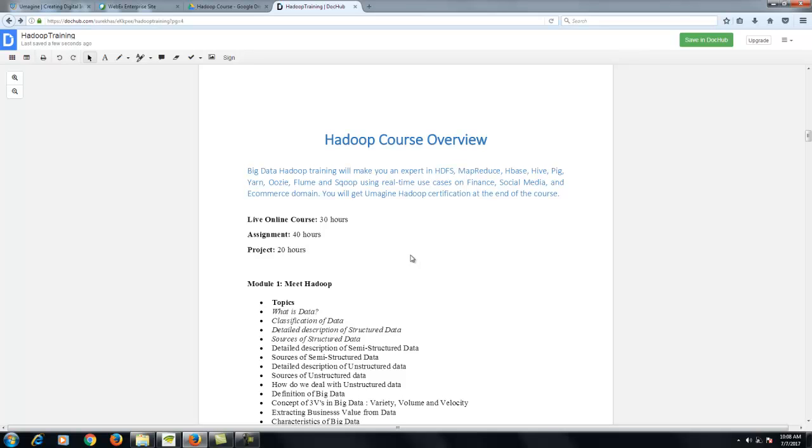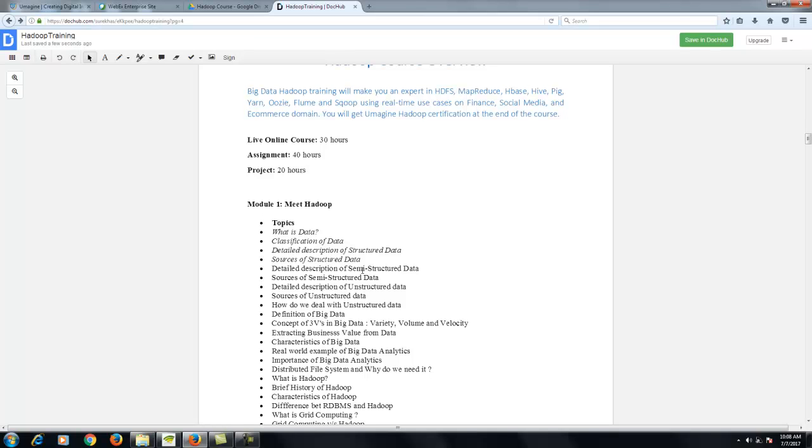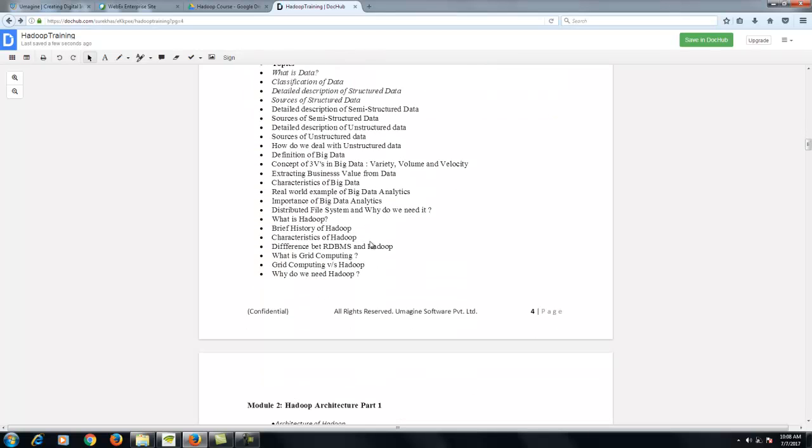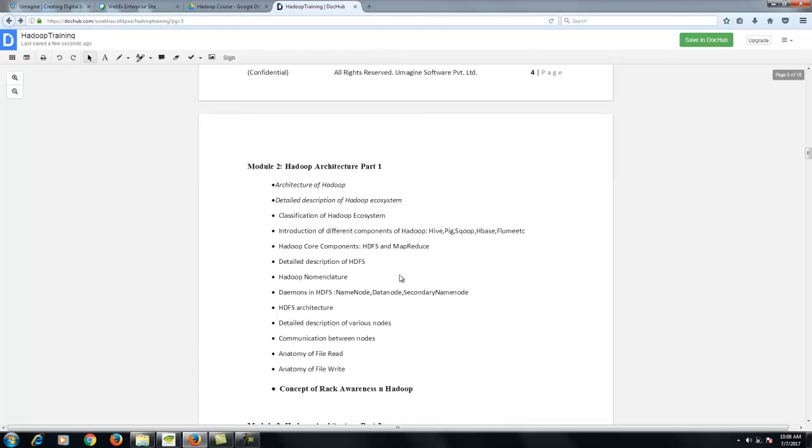The very first module will talk about Hadoop. We'll talk about the different data types. We'll talk about big data, what big data means for a layman. We'll talk about the history and evolution of Hadoop, and then jump into the Hadoop architecture, focusing on architecture related details.